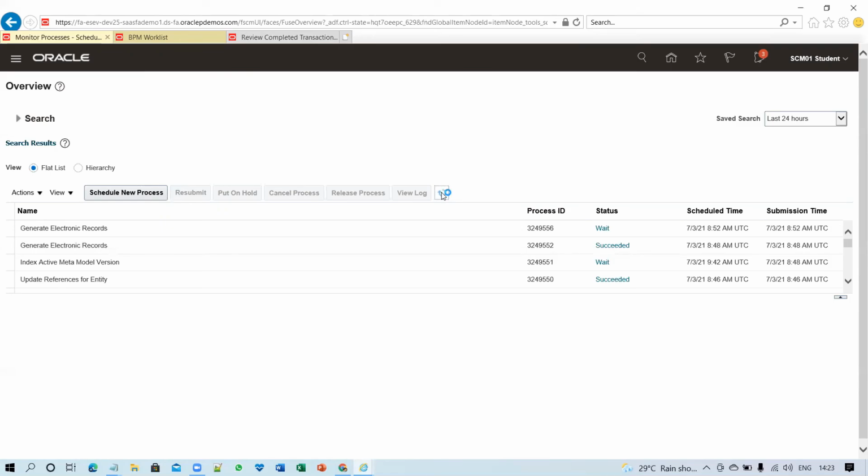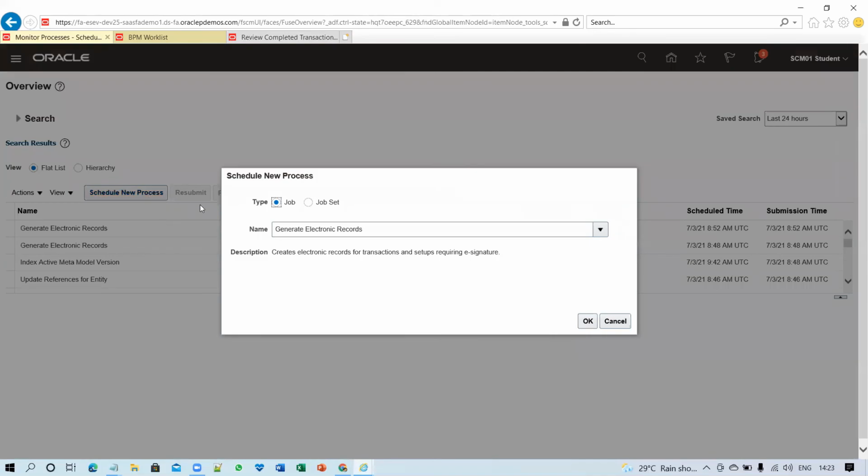So it is not mandatory to launch generate electronic records. It will automatically trigger. If it is not happening, then you just do it manually, on an ad hoc basis for particular records. After that, you have to run the ESS job called extract